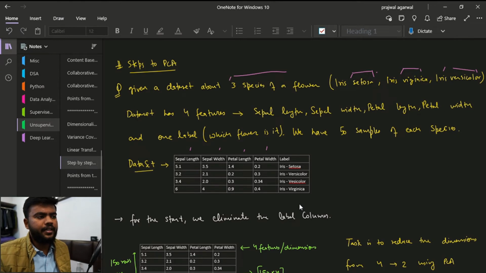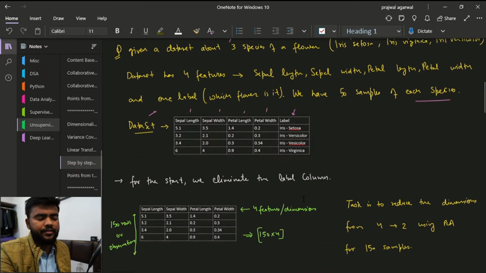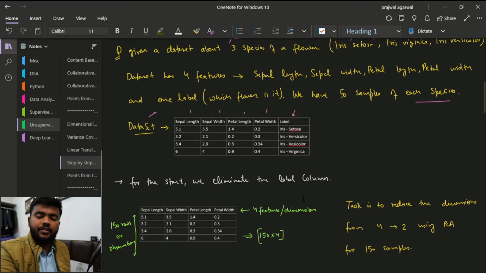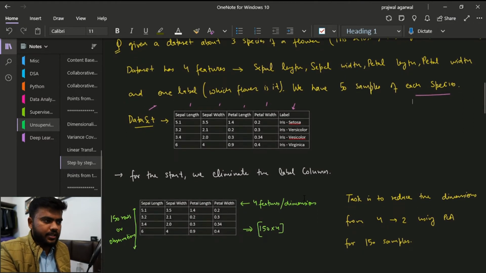And we have one more feature, the label feature. We have to identify which flower this is. We have 50 samples for each species. Since we have 50 samples for each species and we have 3 species, that means we have 150 observations in our data set.